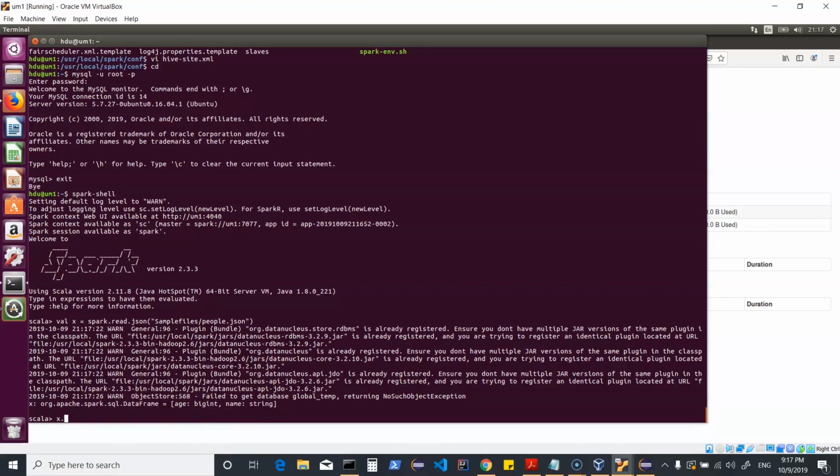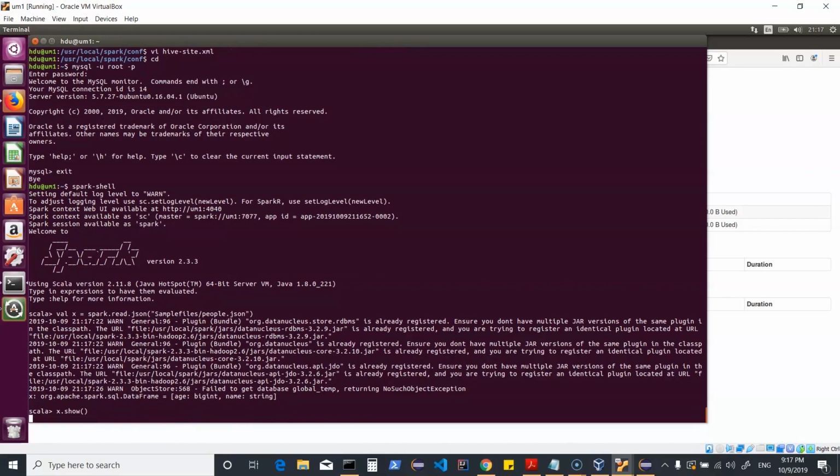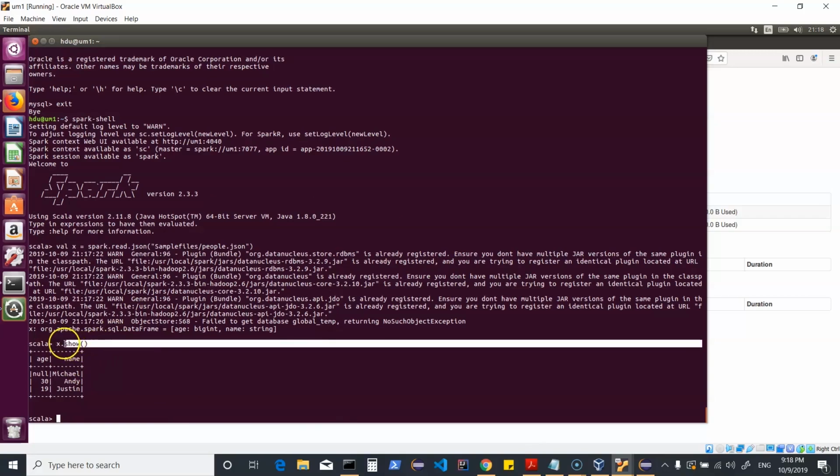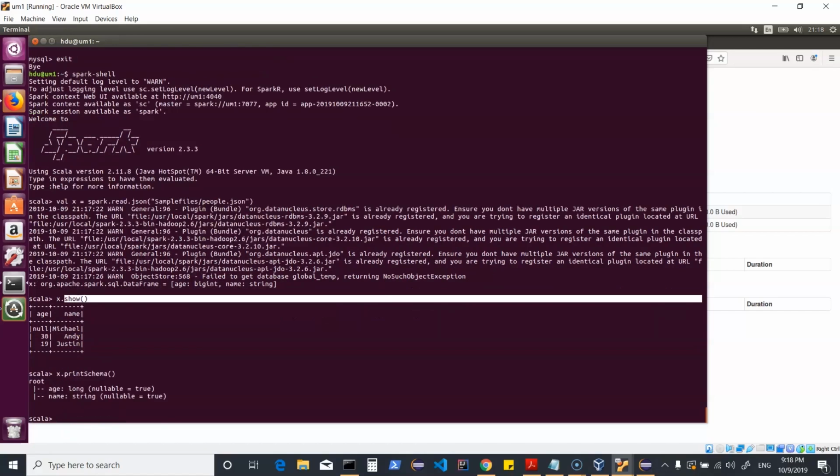We can always look into this. So I can just do x.show to see what is in my data frame. So we pointed to a JSON file and my Spark session allowed me to create a data frame. Now at any point of time, unless and until you use a show or an action, you will not see the result. It would just create a data frame. Now here we have x.show, which shows my data frame. I can also do x.printSchema, and then I can see what is the schema assigned to this. So in this way, we just easily created a data frame using a JSON file.